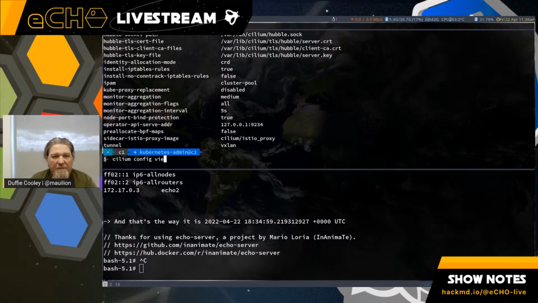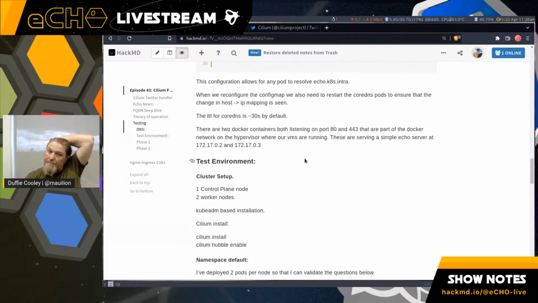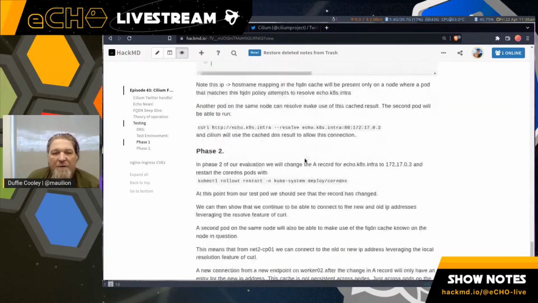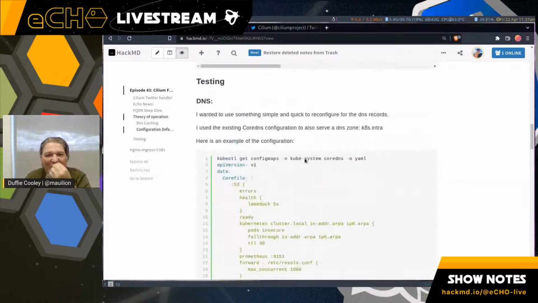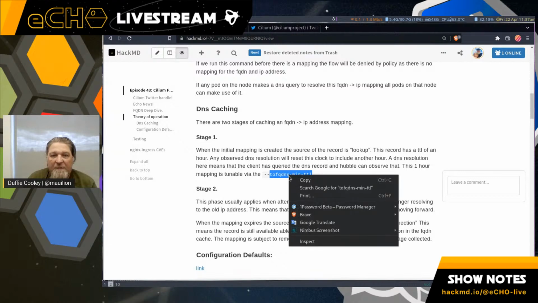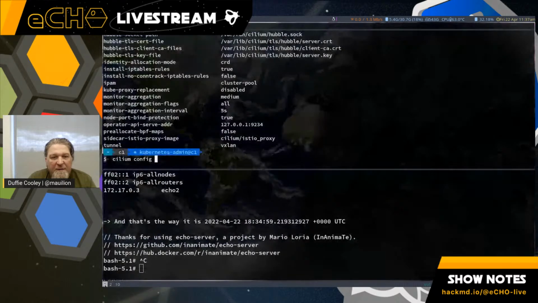So back to our docs on this side. I want to change the configuration of this. Going back to our theory of operation, it's this value here, tofqdns-min-ttl. By default, that's an hour. If I set that to something shorter, like 5 minutes or even 2 minutes, then we'd be able to see something time out. So let's go ahead and try to do that.